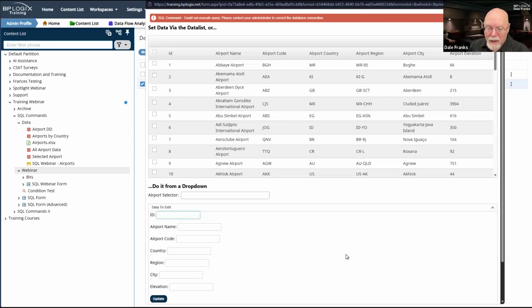That's happening again. Now, for your end user, they are going to see a less helpful message in the UI, which is this one at the top. It says SQL command could not execute query. Please contact your administrator to correct the database connection.